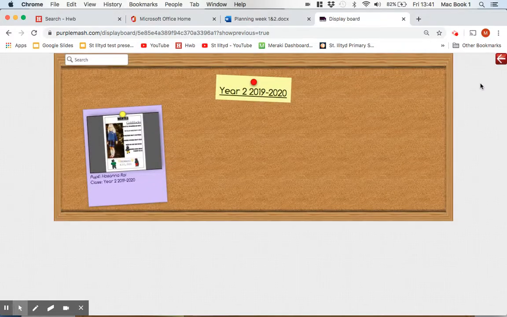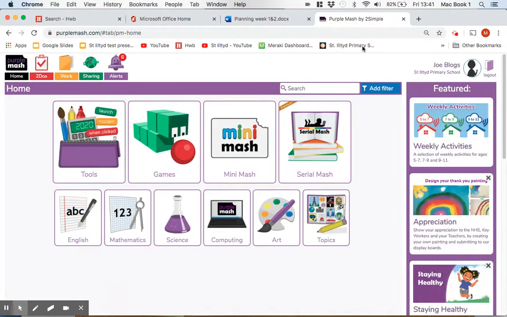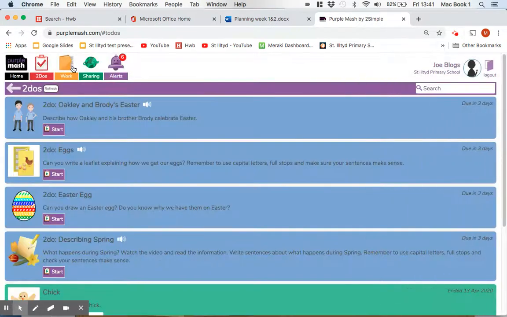Now, what if you want to put a piece of your work on the display board? Well, first of all, you have to find the piece of work you want. Now, it could be one of your to-dos, or it could be something